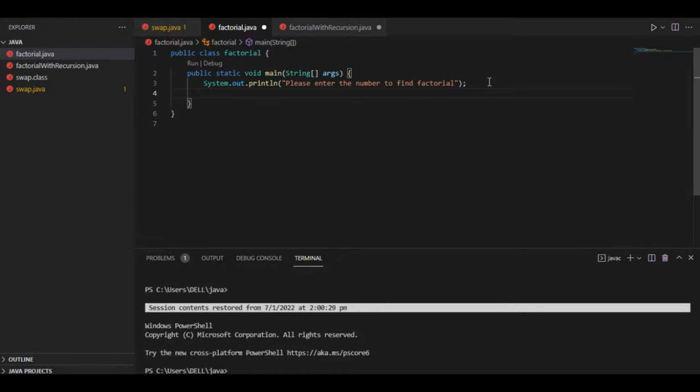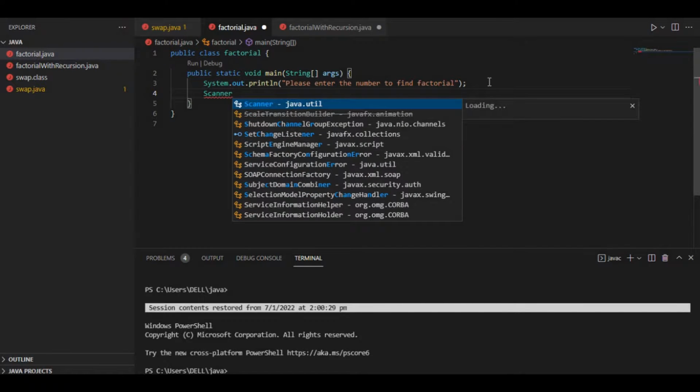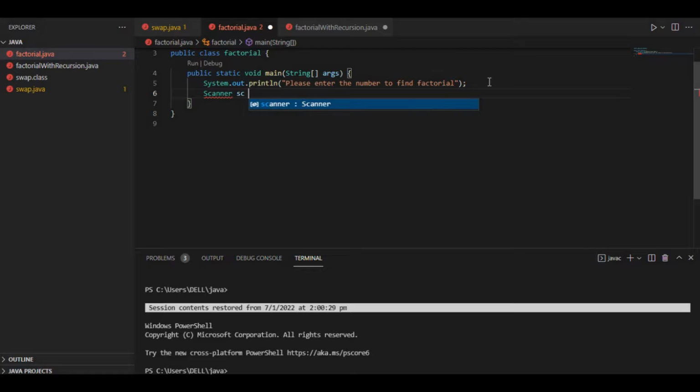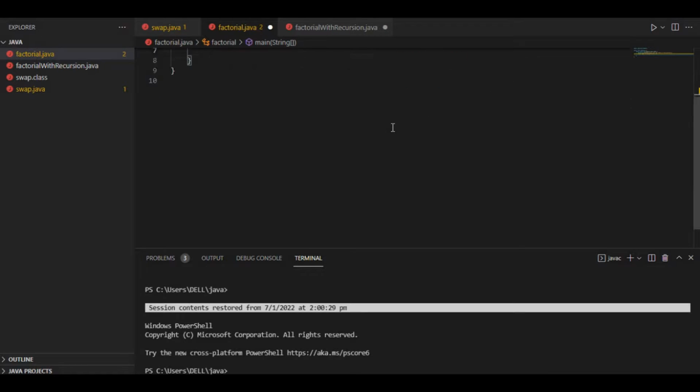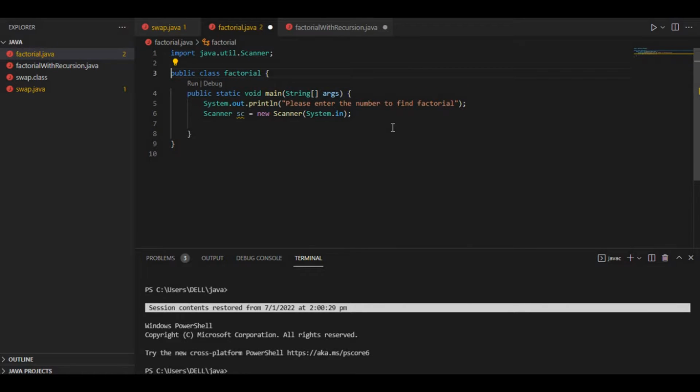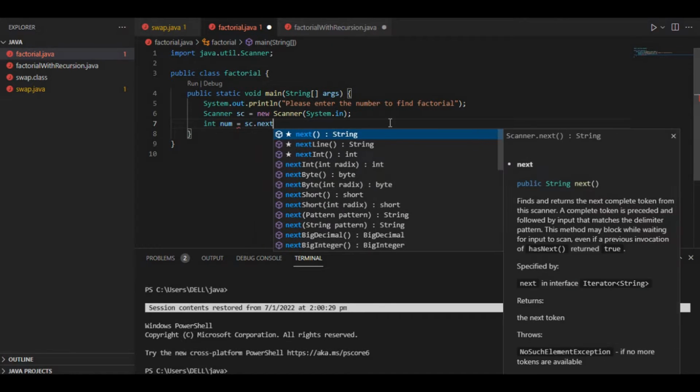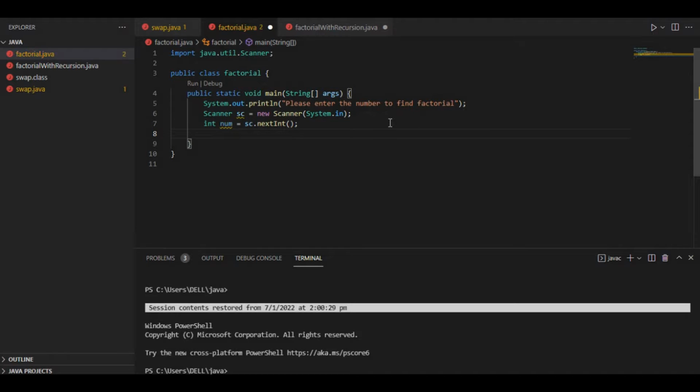First of all, we'll take the input from the user, and for that we'll use Scanner. In Java we use Scanner for taking input. So we create an object of the Scanner class and we provide it with System.in as the constructor value so that it can allow us to take inputs. Now we'll take an integer number and use scanner.nextInt so that we can take input from the user, and the user can easily use our program to find n number of factorials for any number that they want to enter.